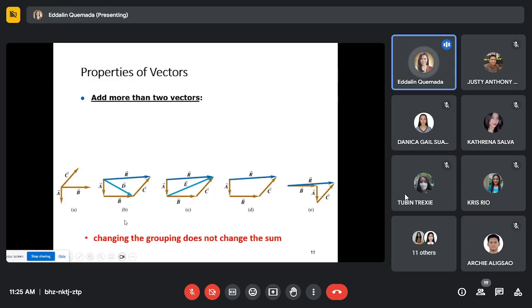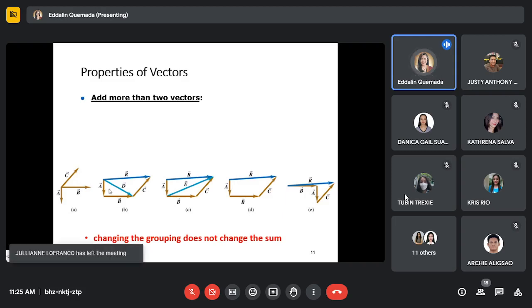We are now adding, class, the three vectors. This time we add first the vector A going down, then we plot next to that the vector B, and we plot next to B the vector C, which is heading